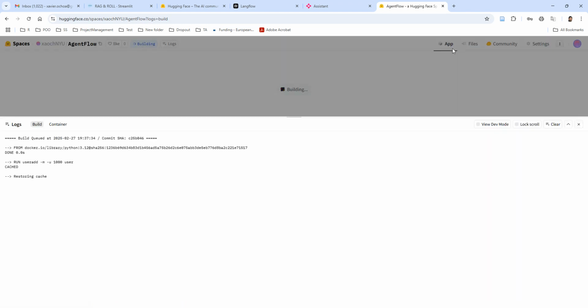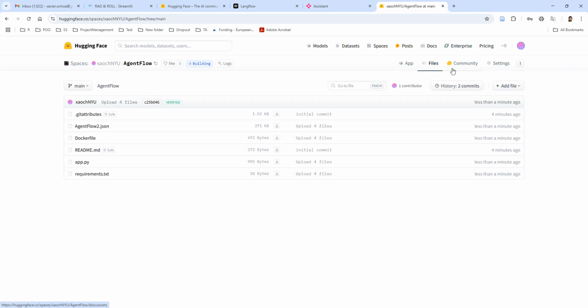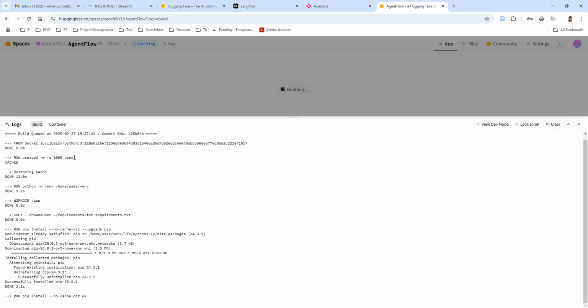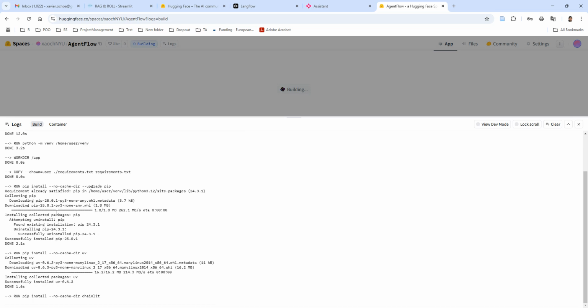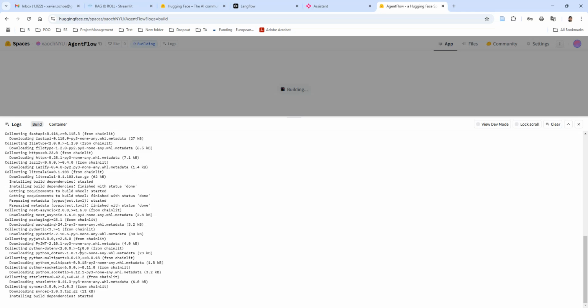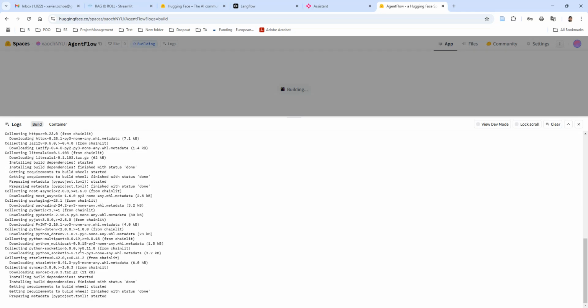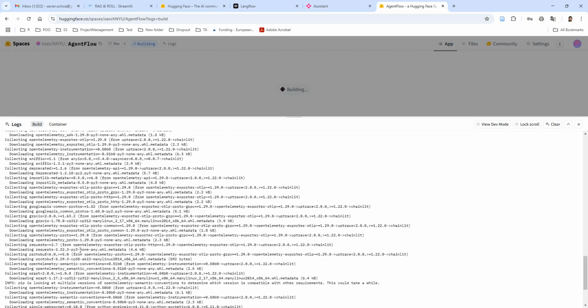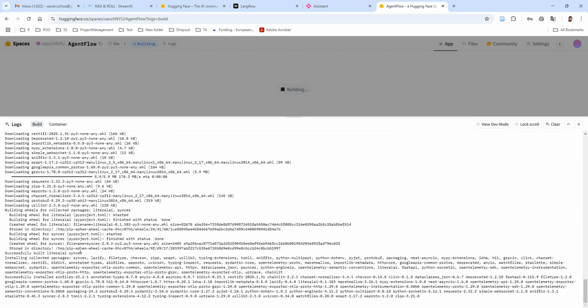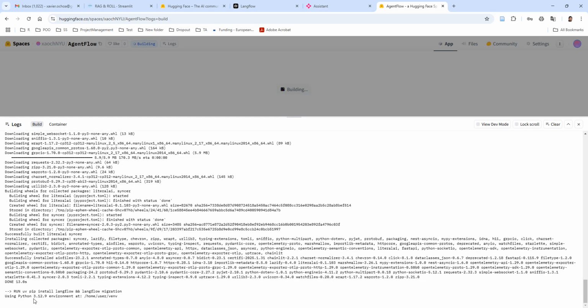Now, if you go to app, you were in files. If you go back to app, you see that the server is initializing. You see it's installing UV, installing Langflow, installing Chainlit. The same thing that happened in your machine is happening now in the server. Yeah, the server is just a machine. It's a computer that is somewhere else. Okay, now it's running,